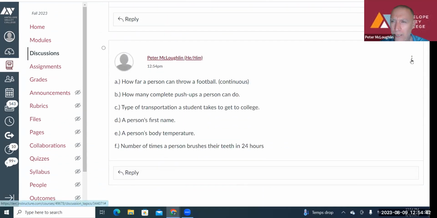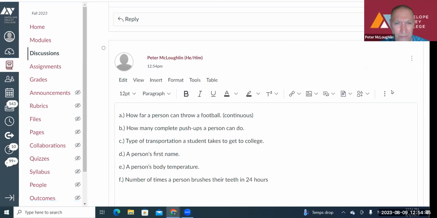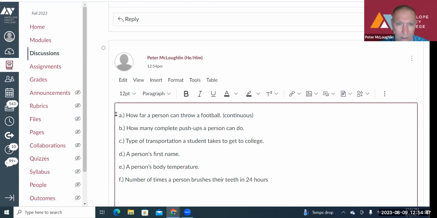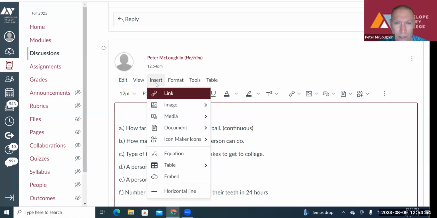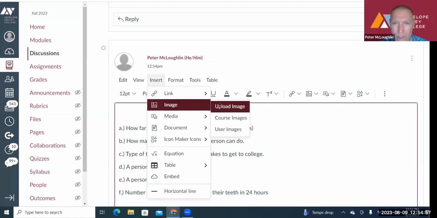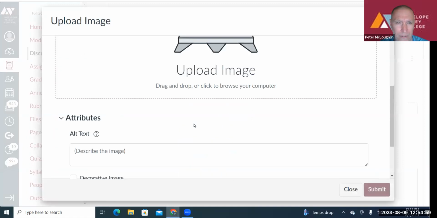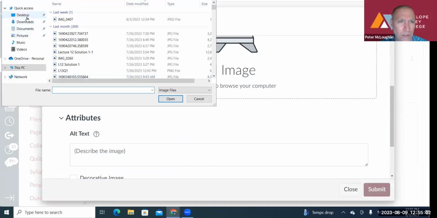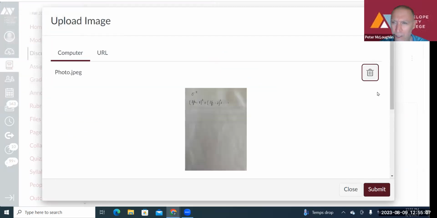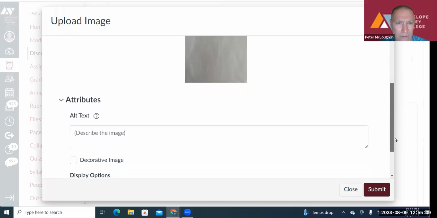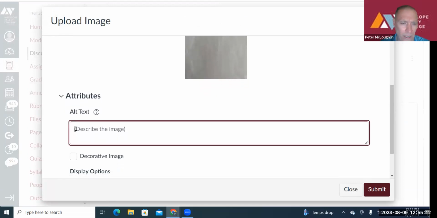Another way you could do it is click on these 3 dots here and say edit. You could write your answer on a piece of paper and then take a picture. So after you take the picture, you're going to go insert and upload image and click on the rocket. Then choose your image. Say it's this one. And then you have alt text here. You're going to write solution 1, then put your name. So student